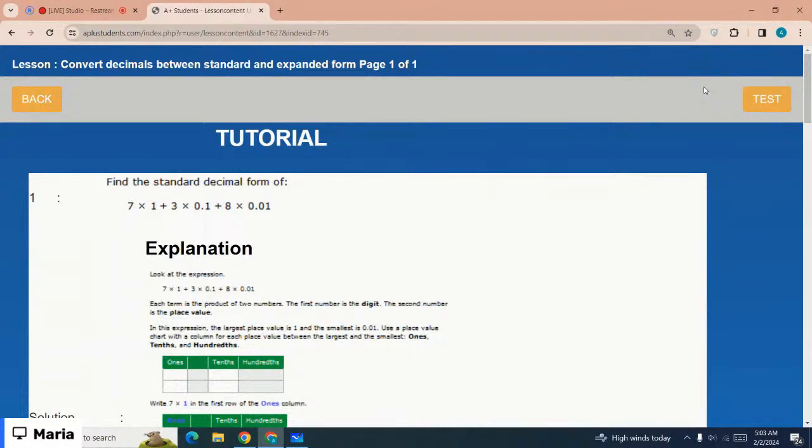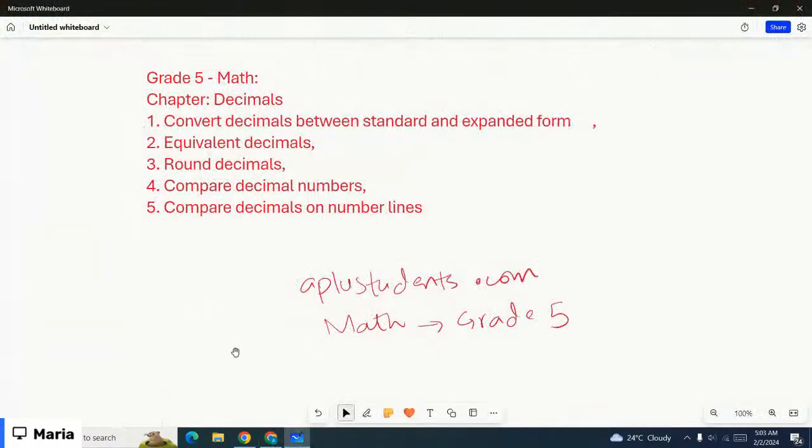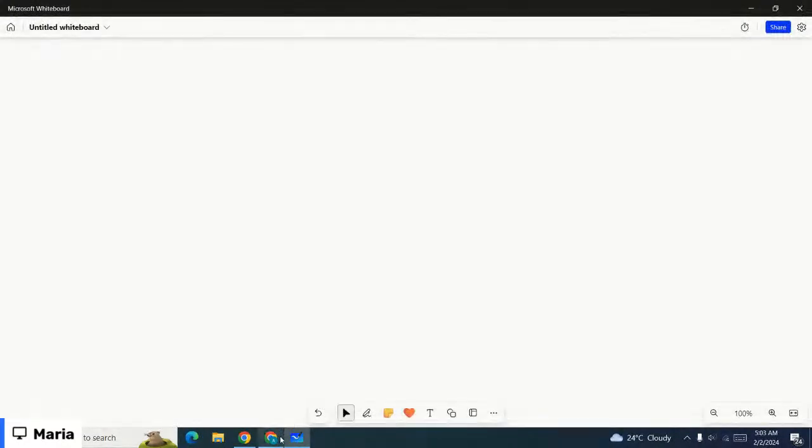The first number is the digit you have to place on the place value given by the other number. 7 times 1 means 7 is at the ones place. Hold on, let me write the question on the board, then I'll make a place value chart and explain. 7 times 1 plus 3 times 0.1 plus 8 times